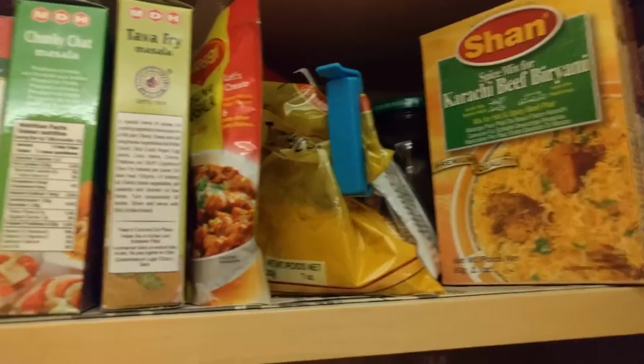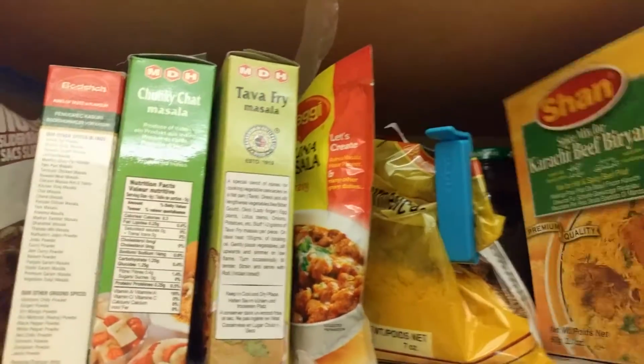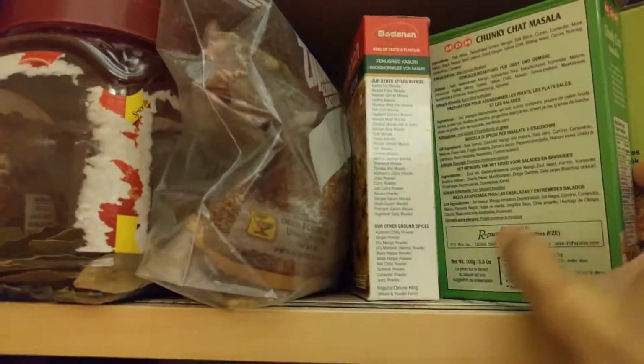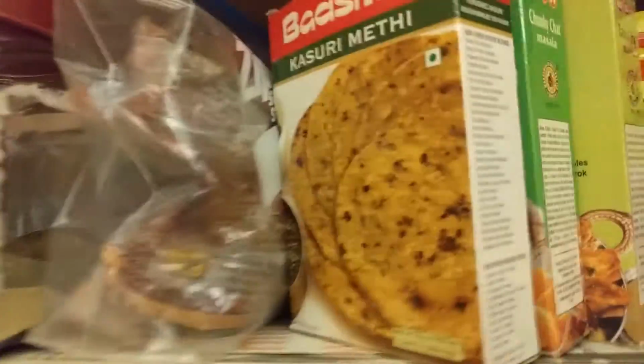In my cabinet up here I generally keep backup of things such as cumin seeds, mustard seeds, things like that, so more backup storage in here. But I also keep some of these ready masalas, so Shan biryani masalas, seekh kebab, tawa fry, chaat masala, I think I've shown this before in one of my cooking videos, kasuri methi, whole red chilies, bay leaves, and then again more backup. I also have some Chinese